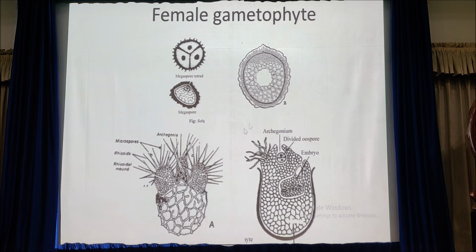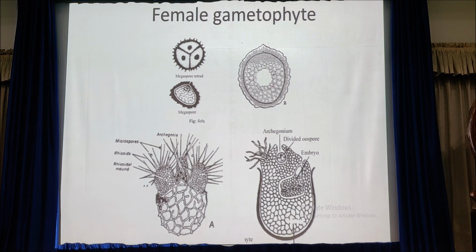At this time, wall formation occurs in the lower free nuclear part of the female gametophyte, and the cells here will be larger in size, rich in nutrients for the developing embryo. Then soon archegonia develop in large numbers in the apical region.